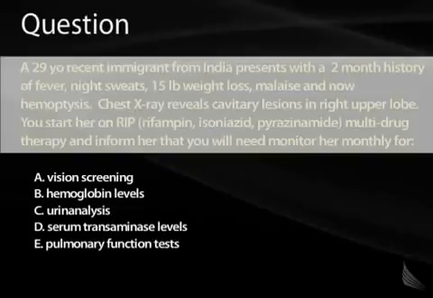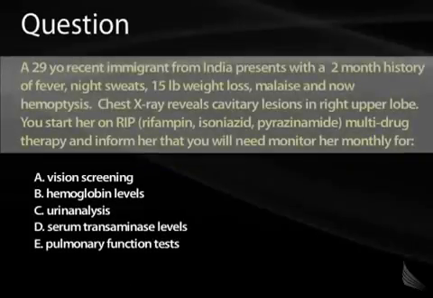Next question. A 29-year-old recent immigrant from India presents with a 2-month history of fever, night sweats, weight loss, malaise, and now hemoptysis. Chest x-ray shows cavitary lesions in the right upper lobe. You start her on rifampin, isoniazid, pyrazinamide, multi-drug therapy, and inform her that you're going to need to monitor her monthly for. So this is something we didn't necessarily talk about, but each of the medications we talk about have